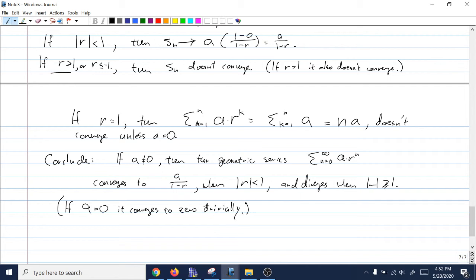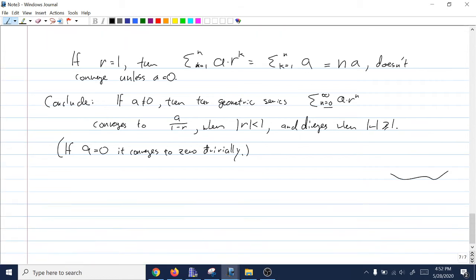If a is 0, then you're trying to add up infinitely many zeros. That's pretty easy. Infinitely many zeros will add up to 0. Most textbooks will give you this formula. I think this formula is not the useful way to do it because it relies on the thing starting at n equals 0. I usually remember it in my head as the sum of a geometric series